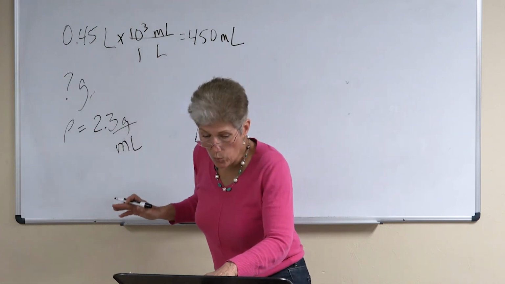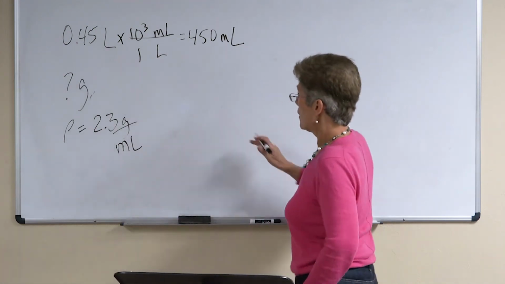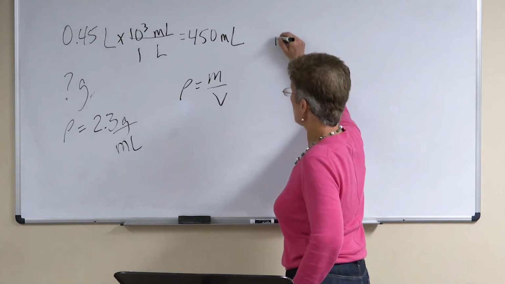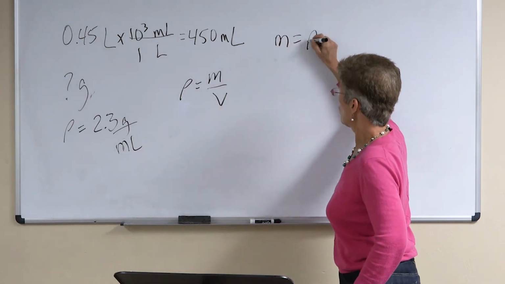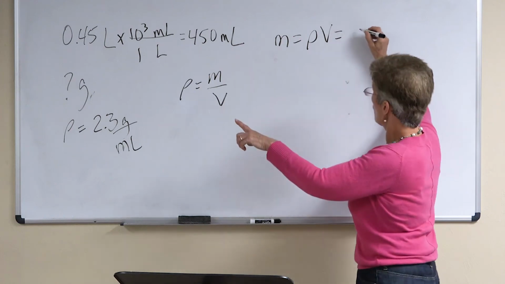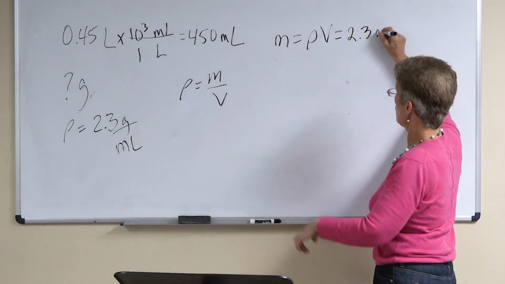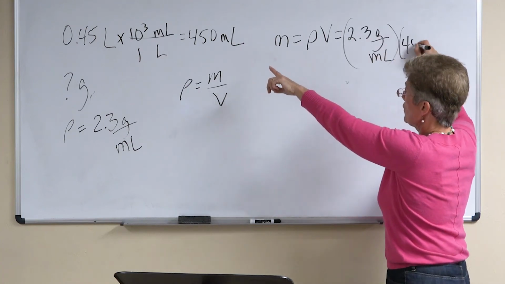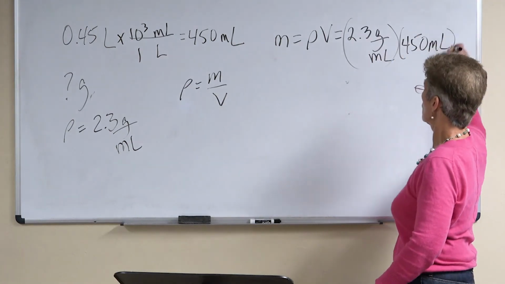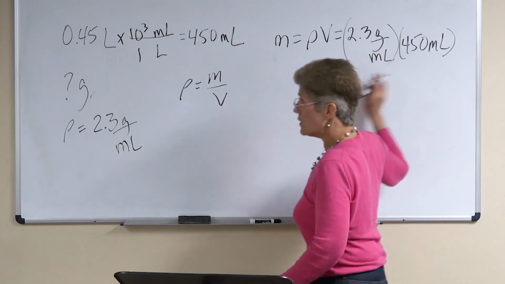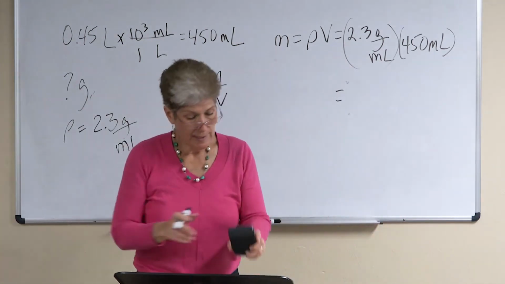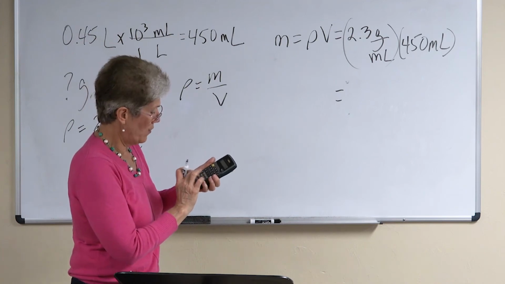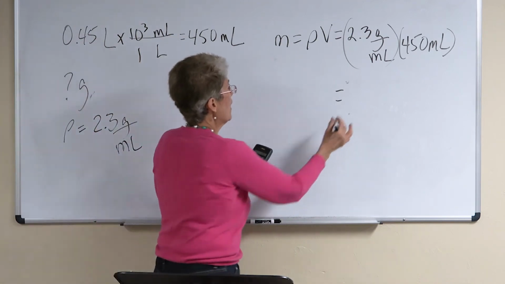Okay, and so we want to know what is the mass. And we know that rho equals mass over volume. So we know that the mass equals rho times the volume. Rho, which is the density, is 2.3 grams per mil. And the volume we're given is 450 mils. We have 2 significant figures both places. So when you multiply 2.3 times 450, what comes out of your calculator is